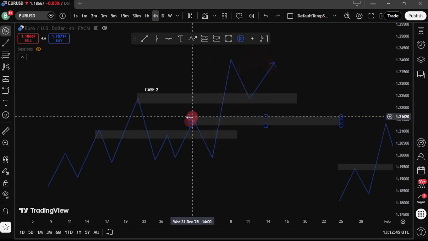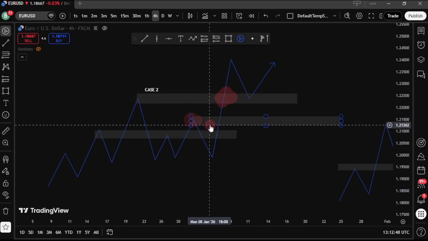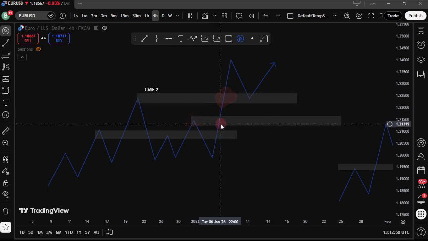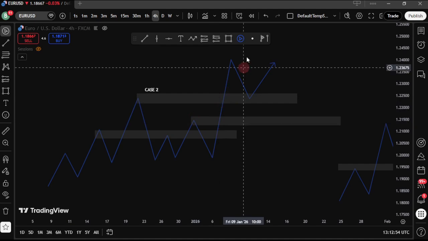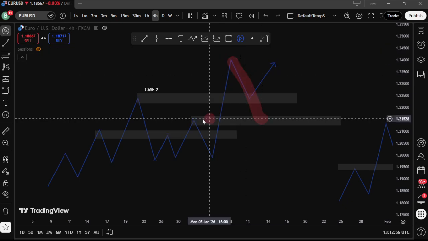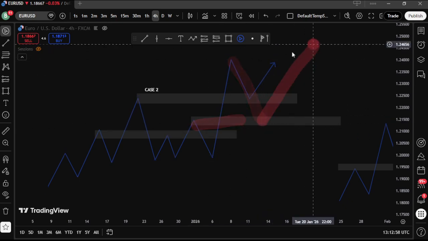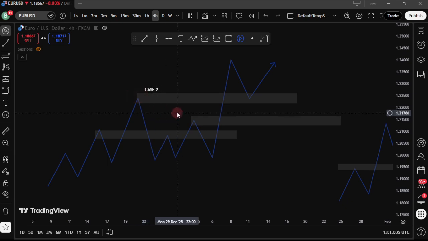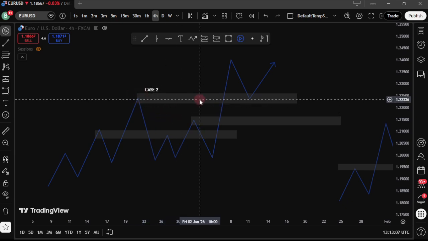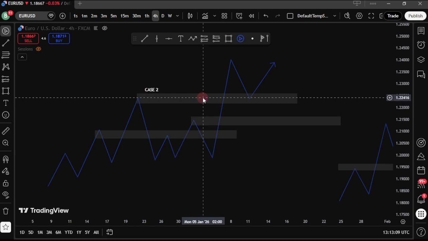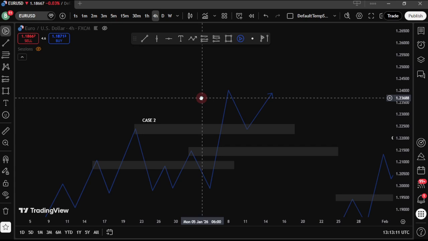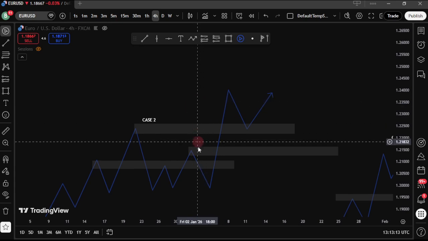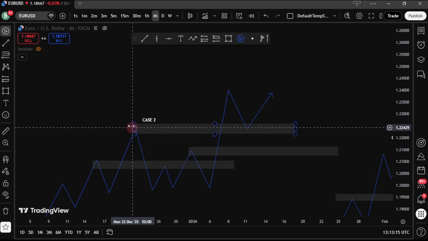So the market made indication above this level and indication above this level too. Where are we going to enter? That is the question. Are you going to wait for the market to make a deep correction down here and use this level, or are we going to wait for the market to use this level alone? Okay, now here's the trick. Most of the time, 80 to 90% of the time, you have to wait for the